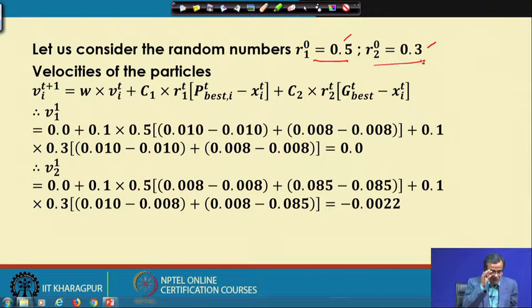These values are selected at random using the random number generator. Now, using this, I can find out what should be the updated values of the variables of the different particles.